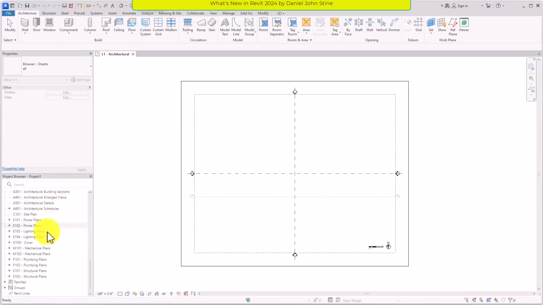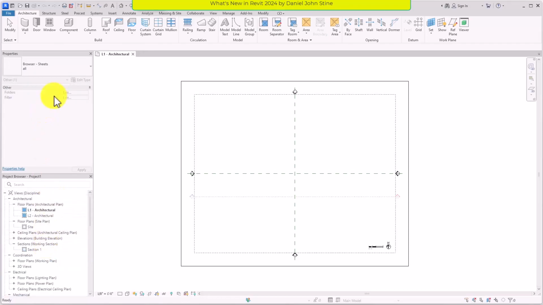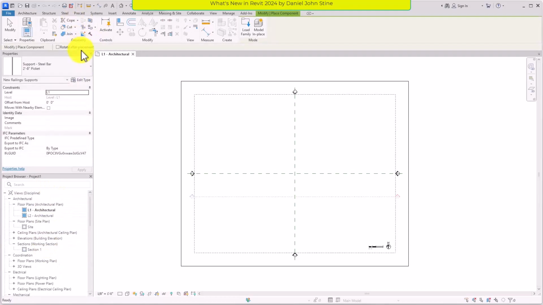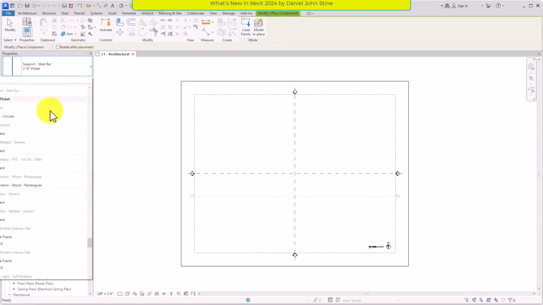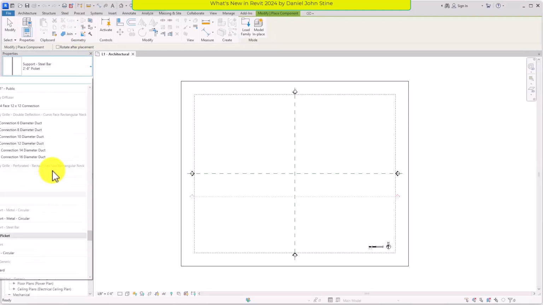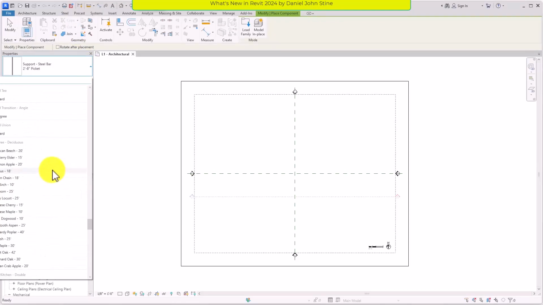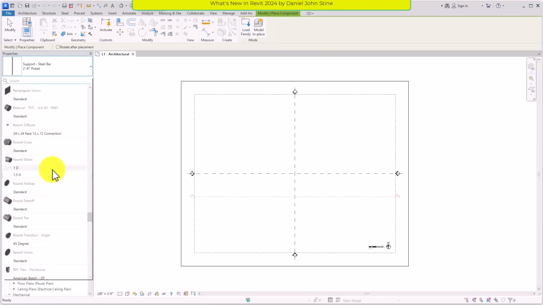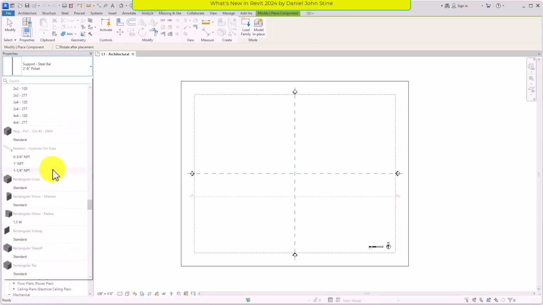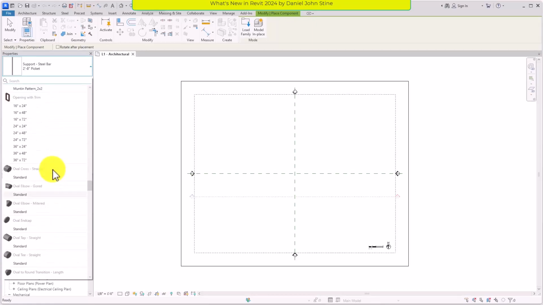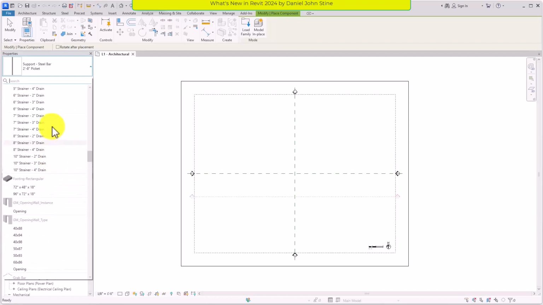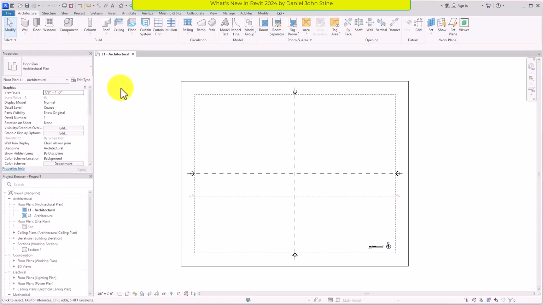And then there's also a full set of sheets that go with this. If we go to the component tool and click the drop down, you'll see here's some of these fittings and things that you need for piping to work right, even at the basic level, in addition to the architectural trees. And so there's quite a list of things here that are in here to support a multidiscipline workflow in this